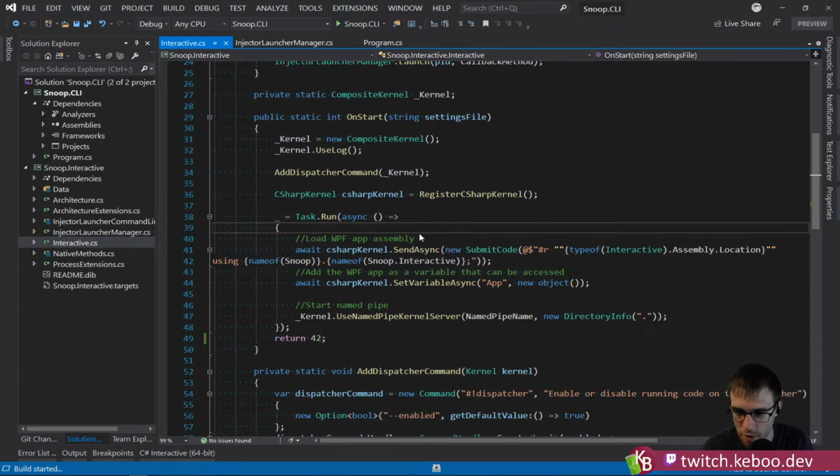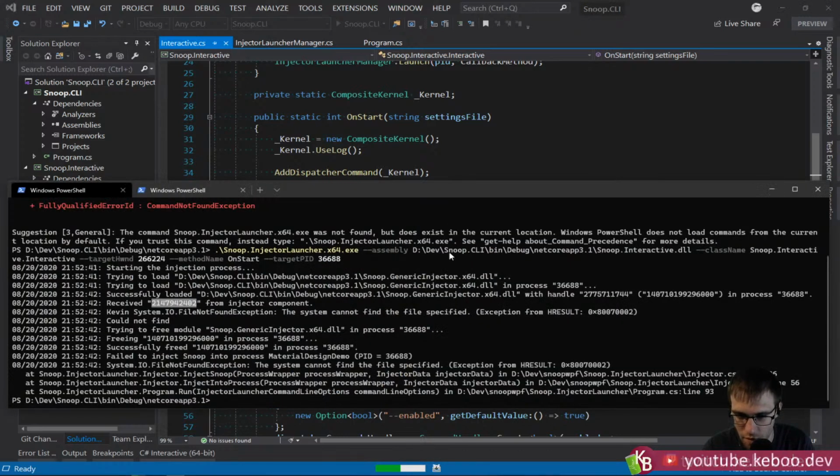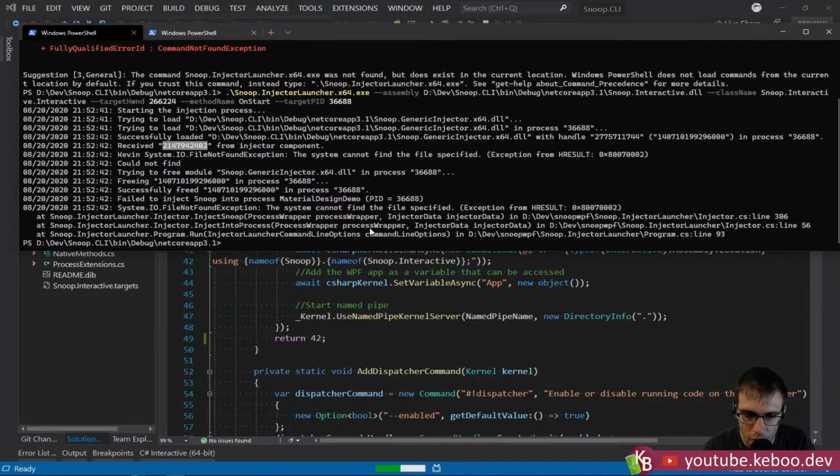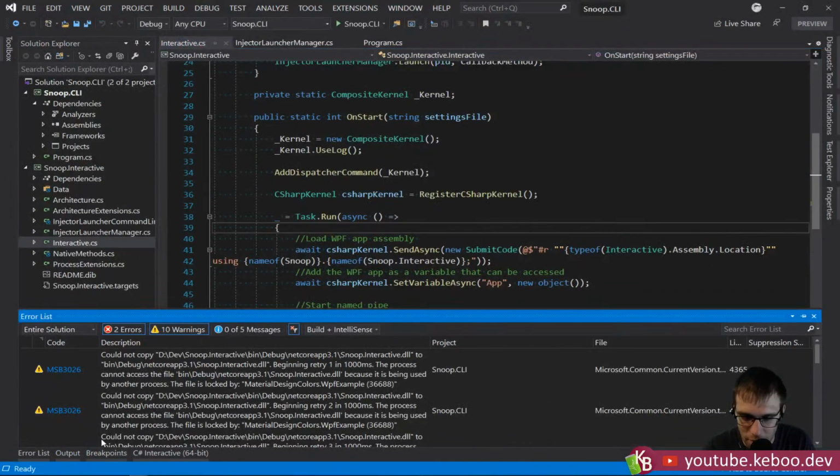All right, so we will rebuild this. It's probably going to fail to build, because